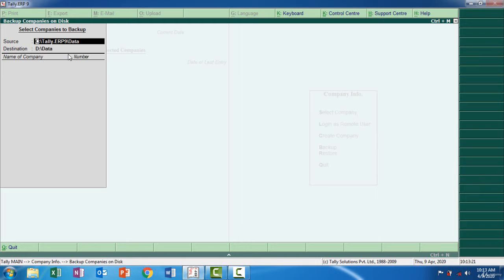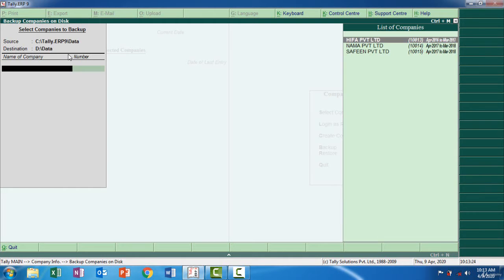So now I'm going to enter, and now you can see the list of companies. There are 3 companies I'm going to backup. The list of the companies: HIFA Private Limited, Nama Private Limited, and Shafin Private Limited. So the HIFA Private Limited 10013, you can see